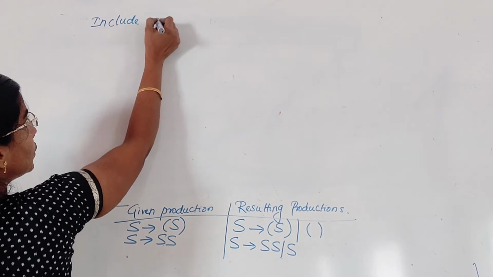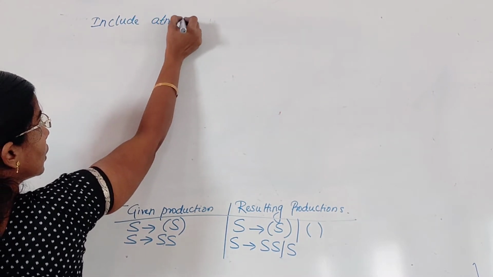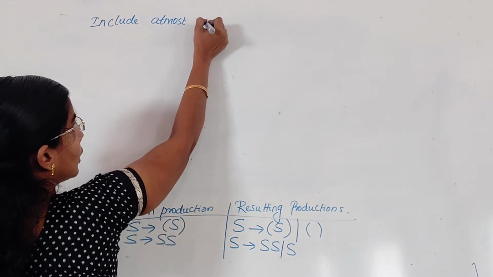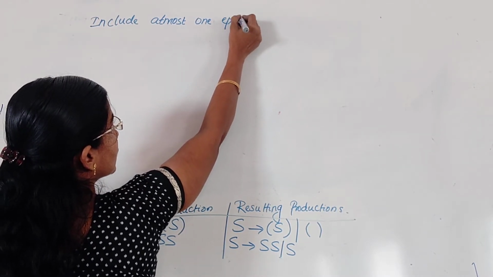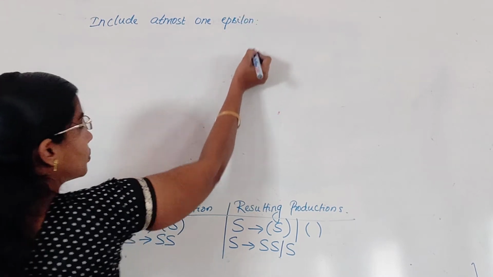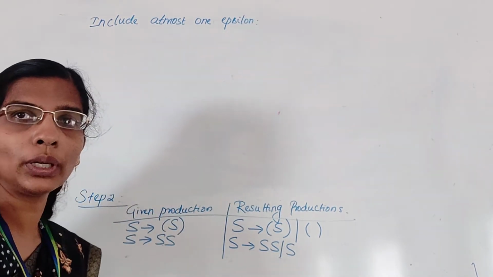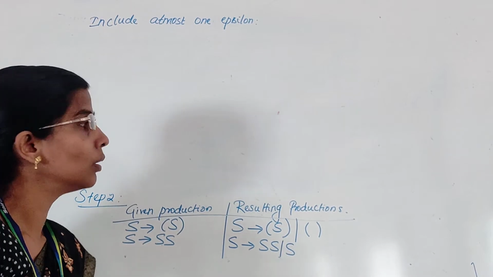Include at most one epsilon. Right, so while including at most one epsilon,